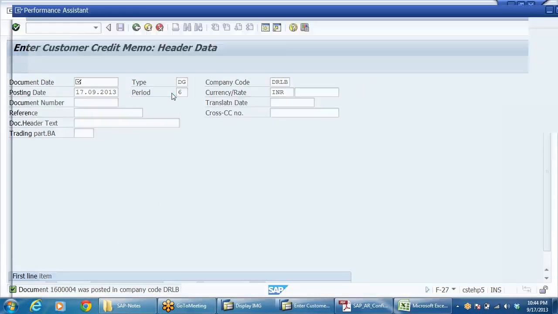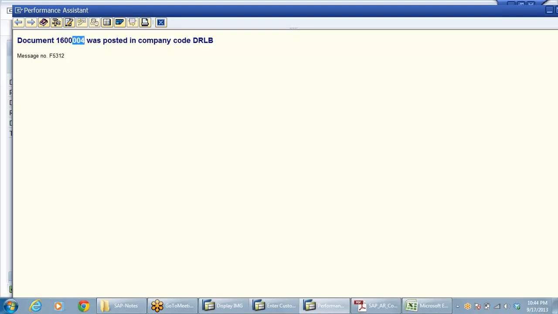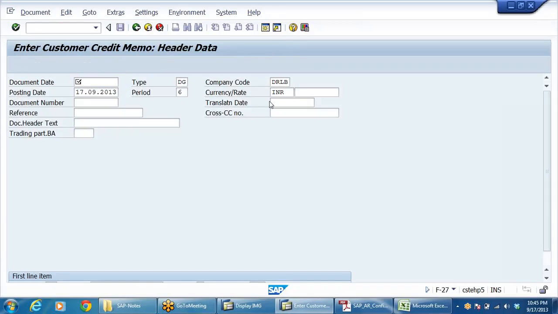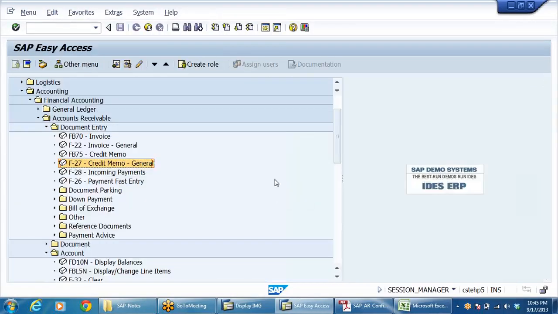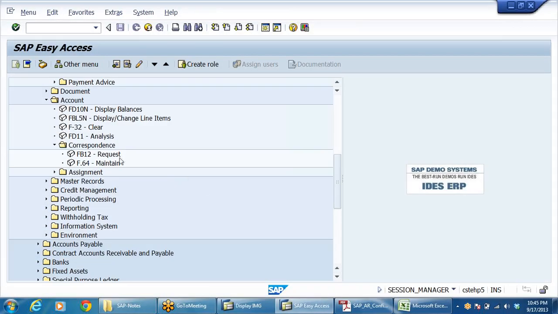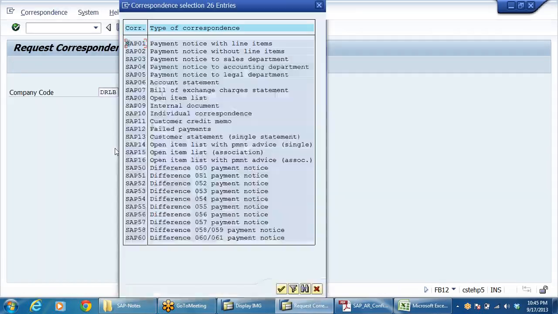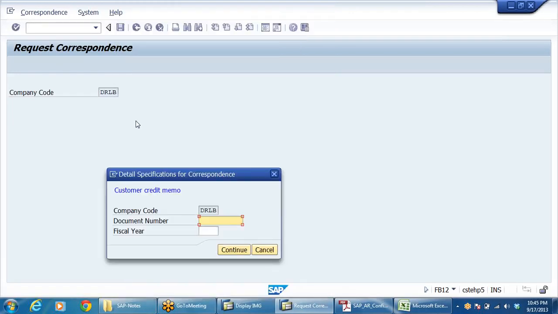Then in the same way, correspondence, account correspondence FB12. First generate the request. Press enter. 11. Double click on SAP 11.